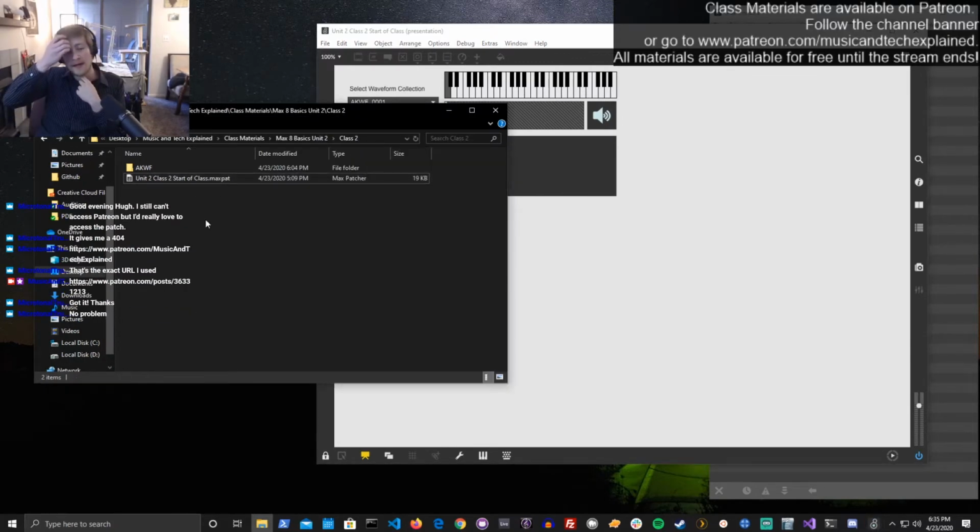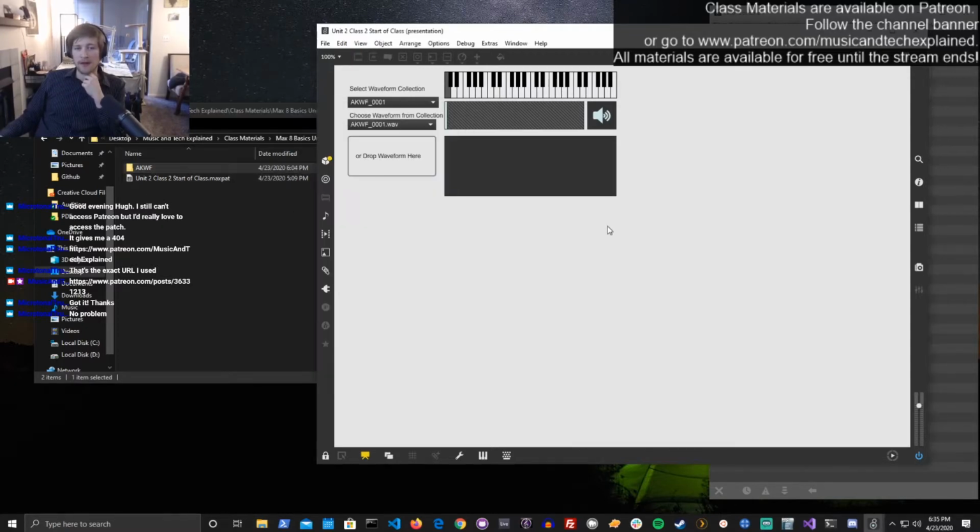But when you download the files for tonight's class, it's going to be a zip file instead of a single Max patch, and that zip file needs to be fully extracted into its own folder, and everything in that folder needs to stay together. That's because we're going to be making reference to this collection of waveforms by AdventureKit, the AdventureKit waveform collection, which we looked at on Tuesday,